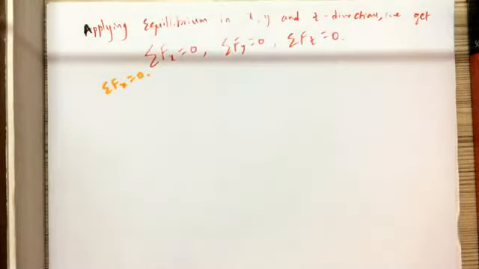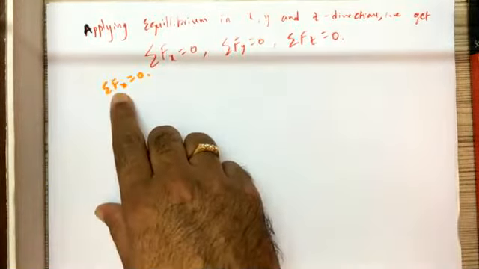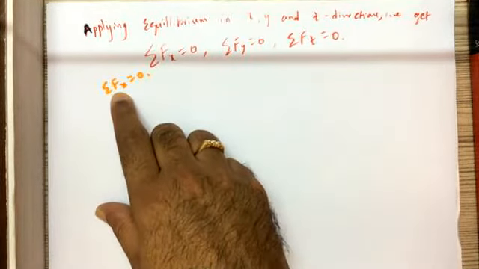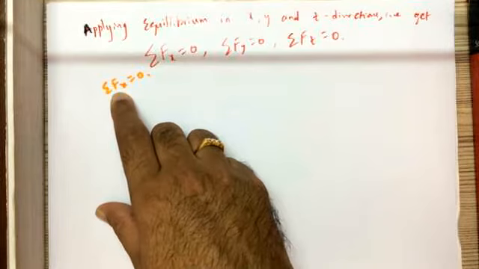I'll give you 1 minute to look into that control volume, the elemental volume, and tell me what the stresses are in the x direction. Of course, I'm talking about forces here, but we can convert stress into force by multiplying stress with area, because stress is force acting per unit area.